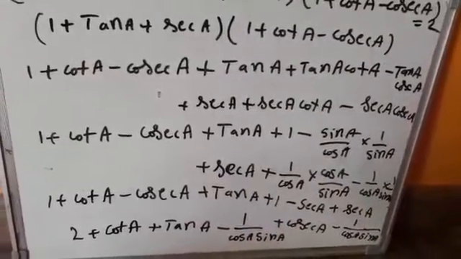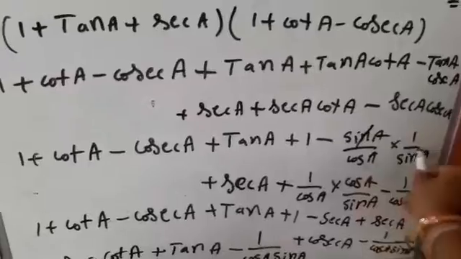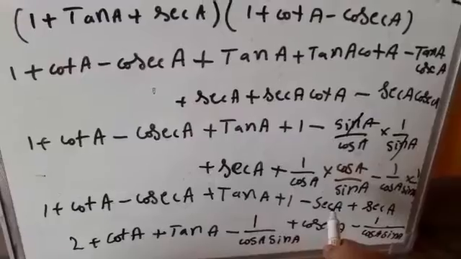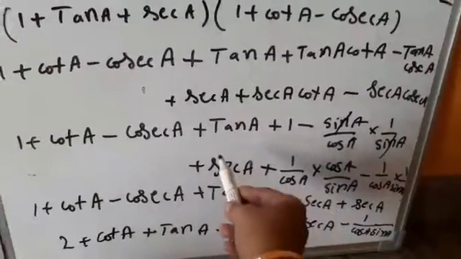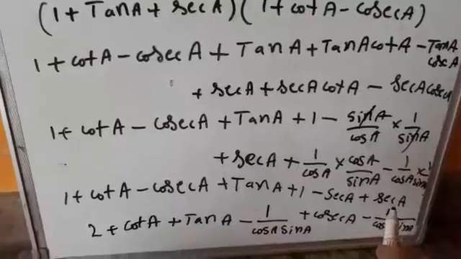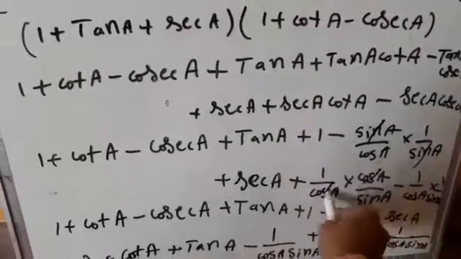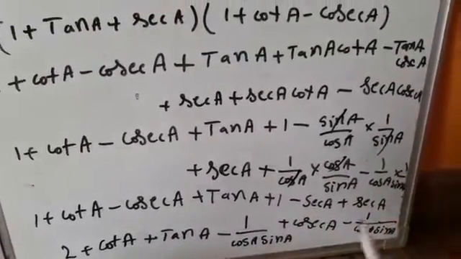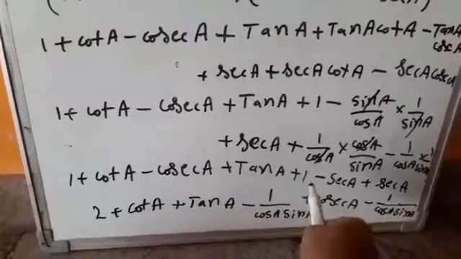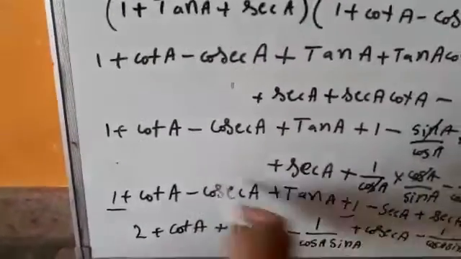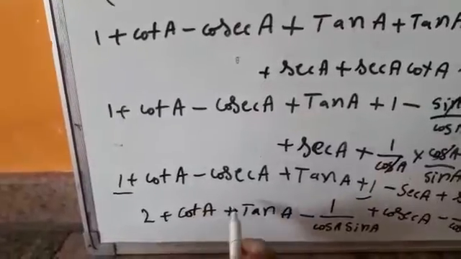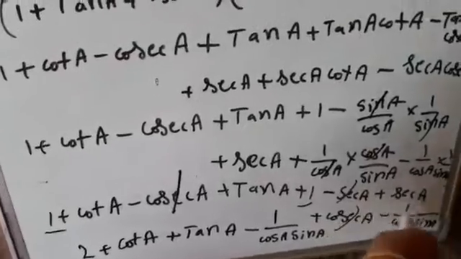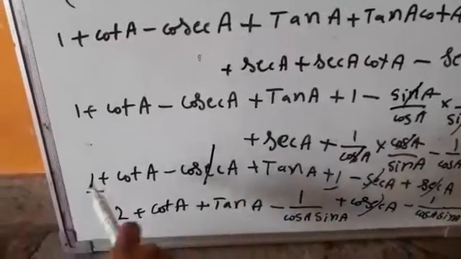See here, which cancellation is possible here? See here, sin a cancels. Remaining is what? sin a cancels, means 1/cos a, formula sec a. So in that place we should apply sec a plus already sec a same. Next plus see here, cos a cancels, 1/sin a formula cosec a, minus next 1/cos a into sin a same. Next see here, 1 plus 1, 2. Next cot a same, plus see here minus cosec a plus cosec a cancel. Next minus sec a plus sec a cancel. Remaining is what? 1 plus 1, 2.